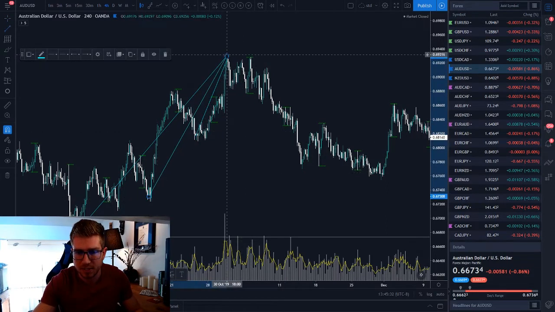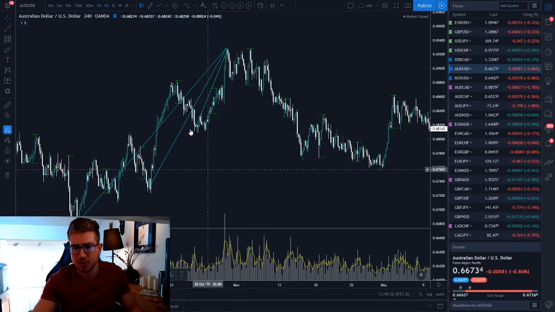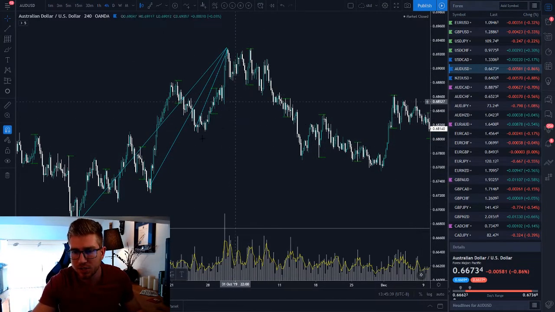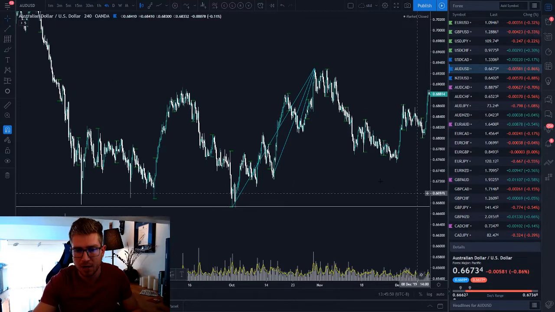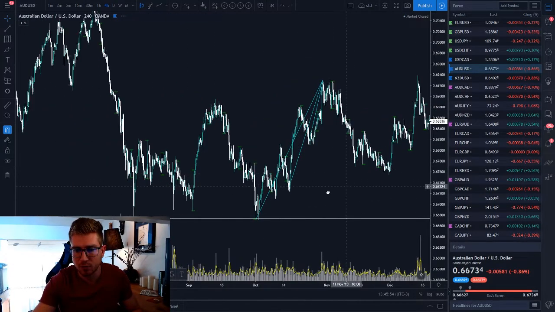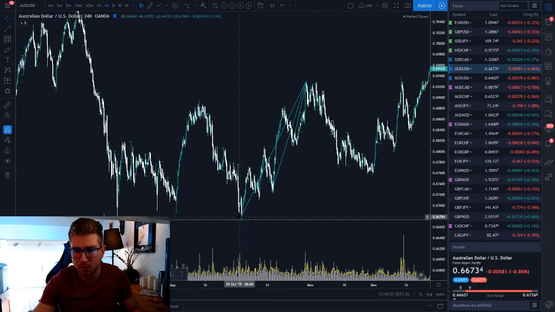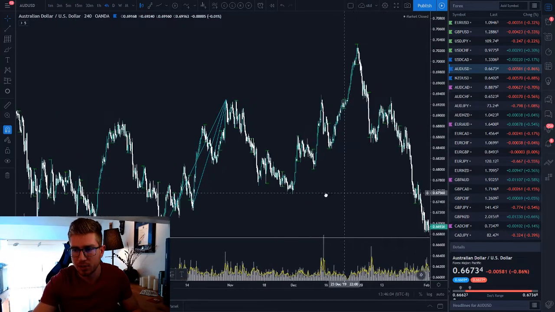It's going to come down and test here, right? And each time it's going to have to test the next one down. And that's just going to be a matter of, now this is a small time frame new trend, but on the major time frame we're still in an uptrend. So that's what you need to look at, is basically how you're going to allocate your high time frame versus low time frame. So if you're really zoomed out here, this is the ultimate low and this is the high,